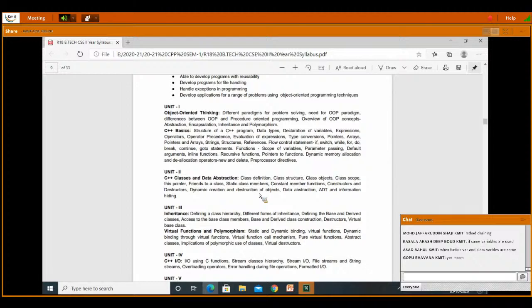Friend, friend class. In how many ways can we make friends? How many varieties of friends can we have in C++? Three, exactly. Very good. Friend can be number one. Students, please do respond. Everybody, please do respond here. Number one, a friend can be a